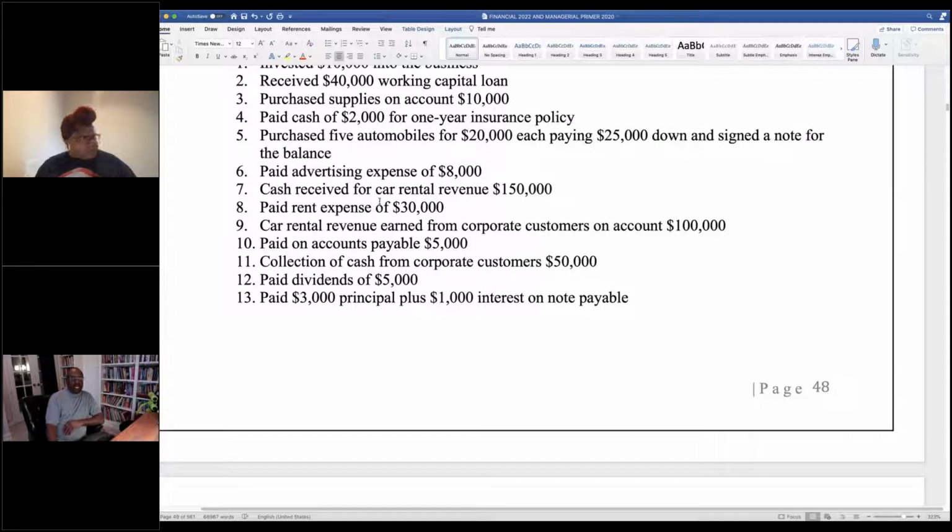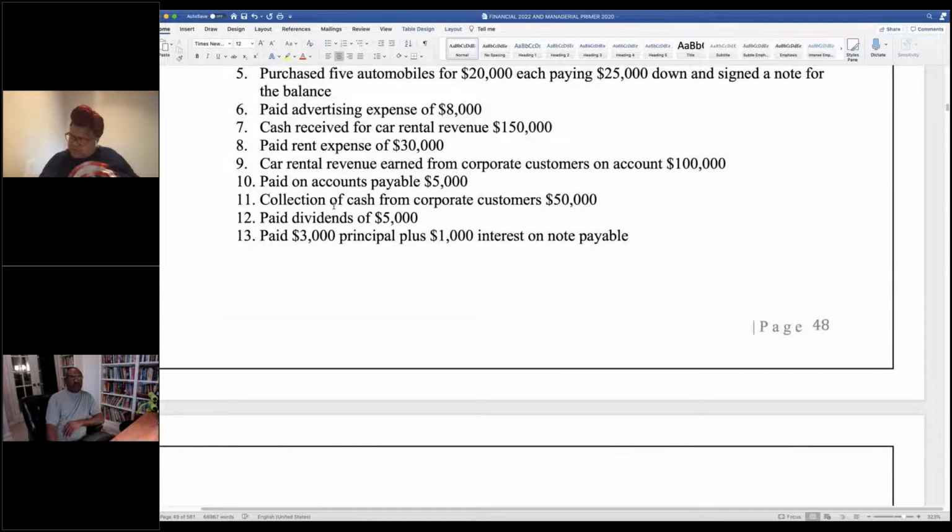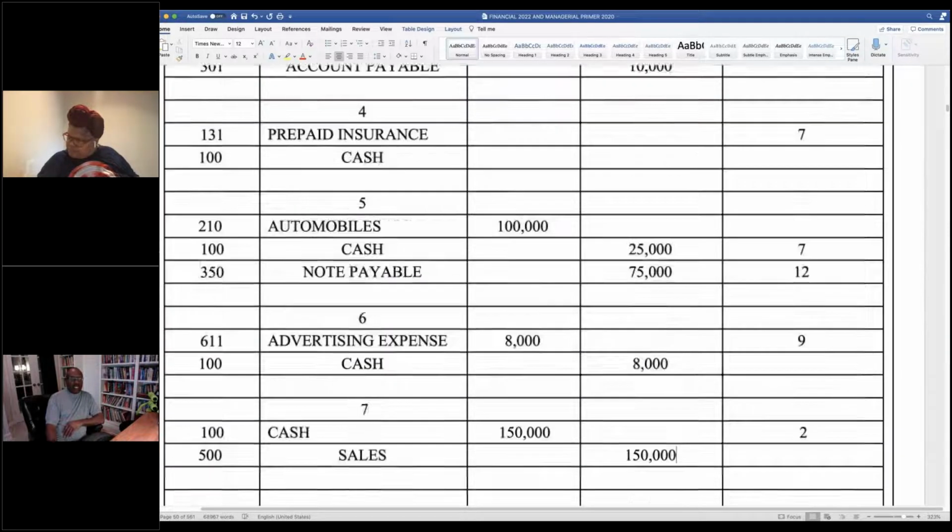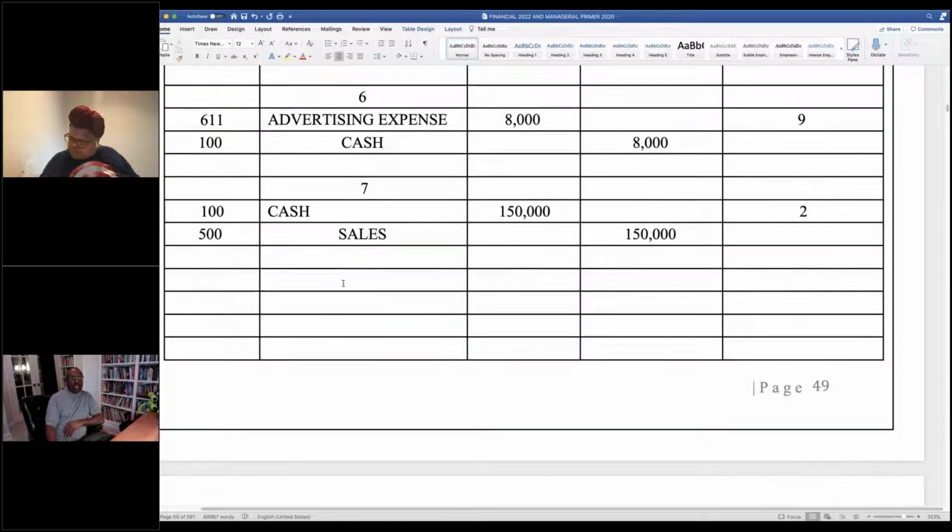Okay, then what happened in number 8? We do what? Revenue, rental revenue earned. Now we're on number 9. That's a paid expense. That'd be a type 9, payment of expense. Okay, so we've got another payment of an expense. A lot of times we're going to have a lot of expenses. So whenever we have an expense, whenever we pay something,